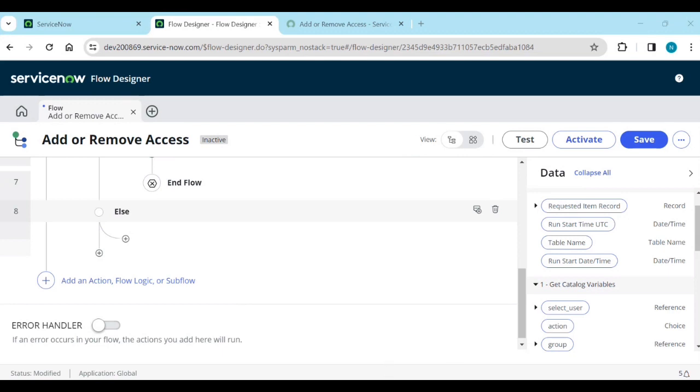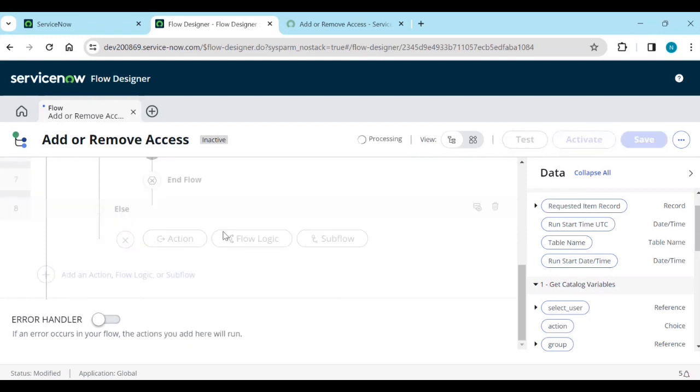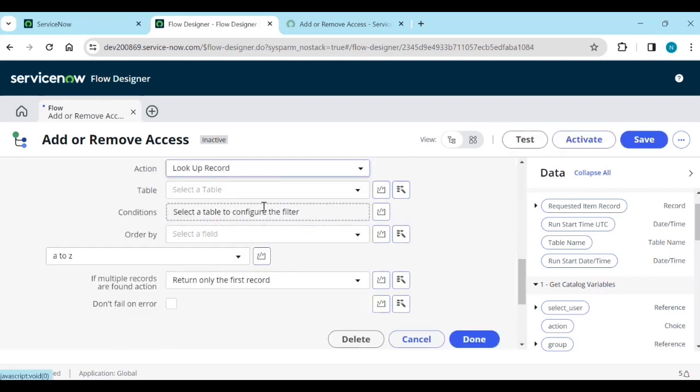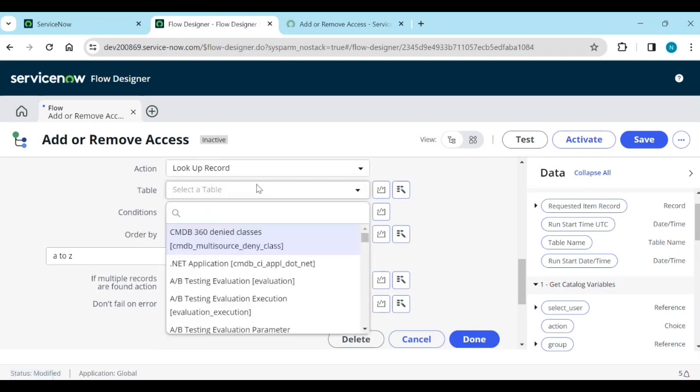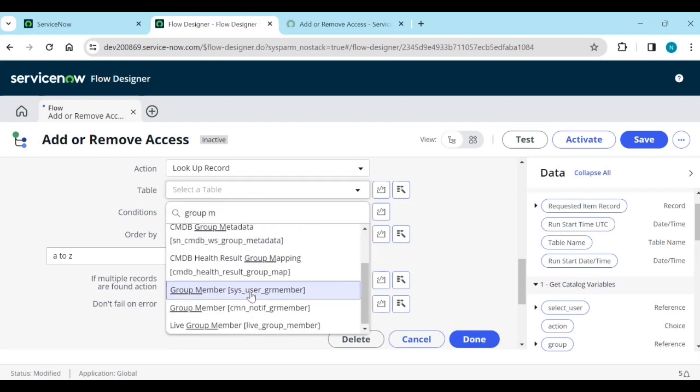Okay, so then what you need to do is you need to delete a record. You need to get a record, which record it is. Okay. So you need to search the record. Okay. So here you need to search lookup record. If it returns one record, you can define one record. Okay. Group members table,